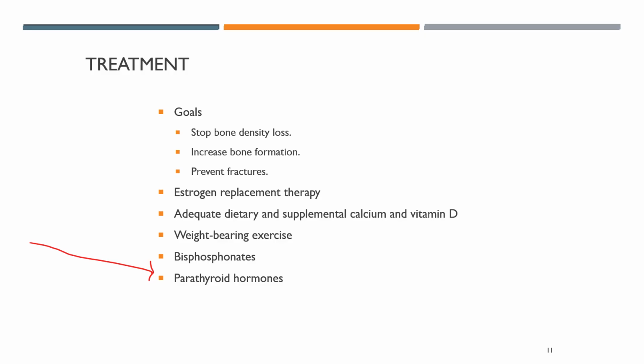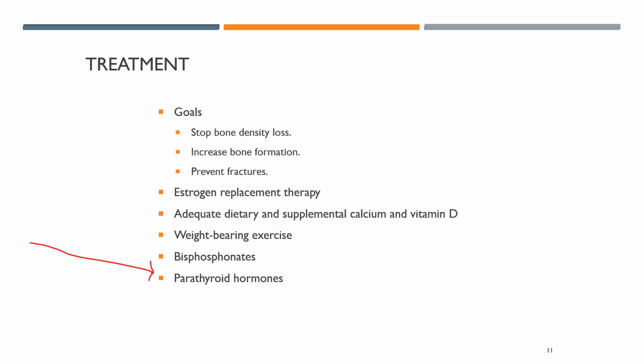Goals and treatments with osteoporosis are pretty clear cut. We want to stop this bone density loss, increase bone formation, and prevent them from breaking something, preventing a fracture. A lot of times estrogen replacement therapy has been used, along with adequate dietary and supplemental calcium and vitamin D. Weight-bearing exercise like water aerobics as a person gets older is very helpful. There is a class of drugs called